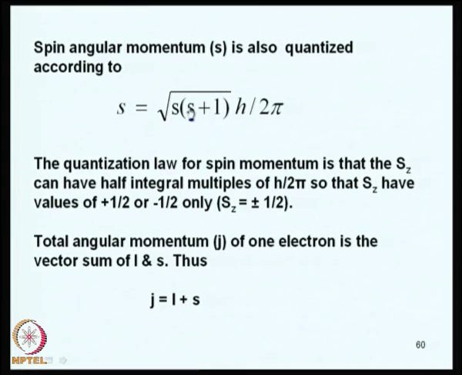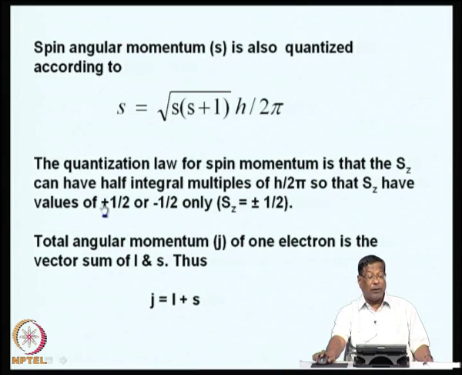So, the orbital angular momentum can be square root of L into L plus 1 multiplied by h by 2 pi, that is a very standard number. Similarly, the spin angular momentum is also quantified according to S into S plus 1 multiplied by h by 2 pi. This quantization law for spin momentum is that Sz, you remember, they are all vectors, the orbital shapes and other things. So, the quantization law for spin momentum is that Sz can have half integrals of h by 2 pi,